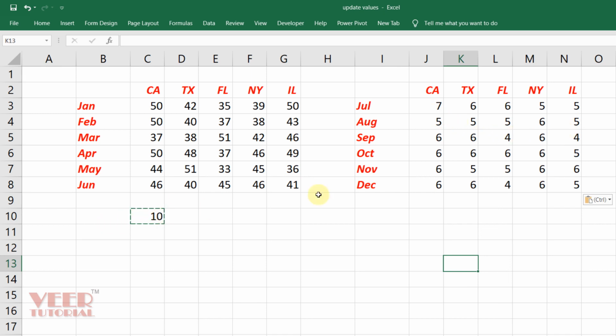And you can see the format of these cells, because there is no decimal place in the original cell, here also. Hopefully it will help you a lot. It will increase your speed working in Excel.